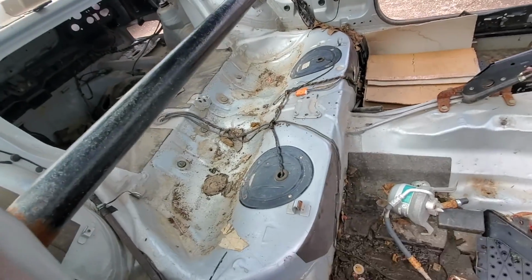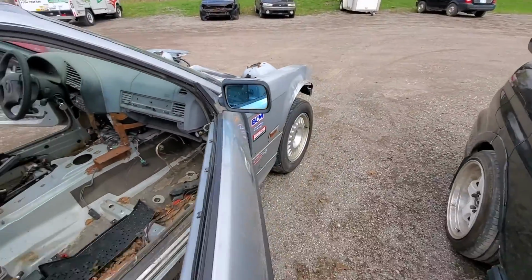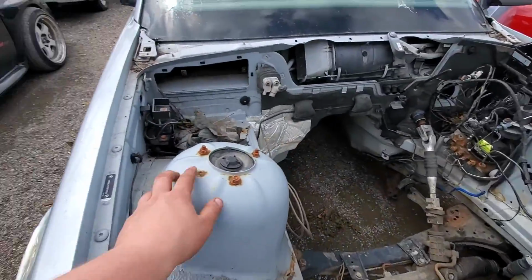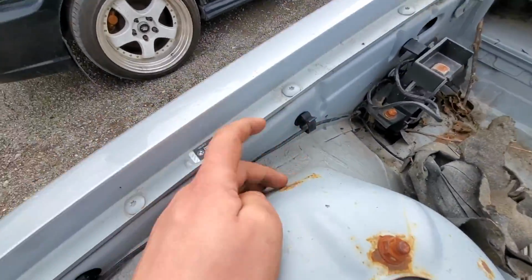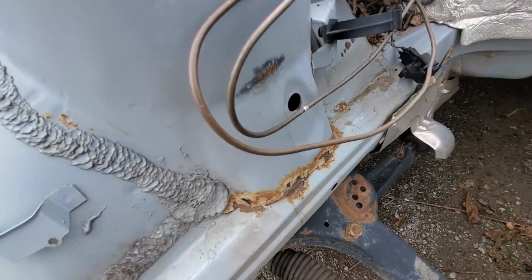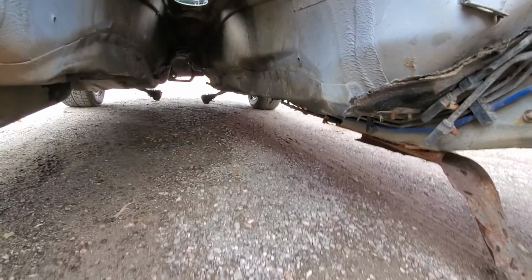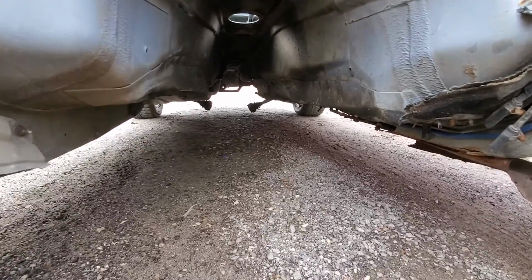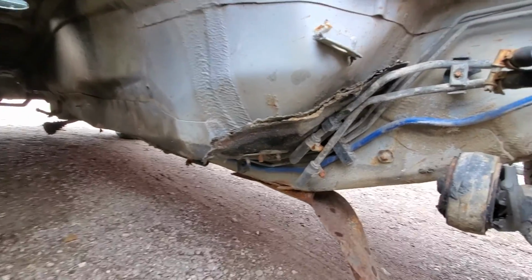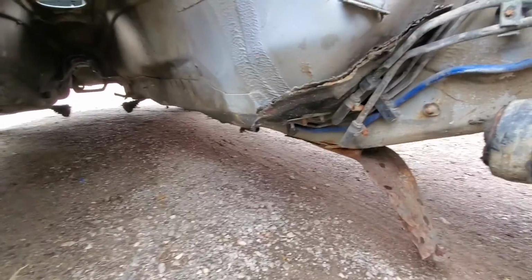Yeah. Rear seats, there's no real extreme amount of rust on the shock towers. The only rust there is, is surface rust there and there and here, which is not bad at all. See if you can see under here. Yeah, so it does need one or two maybe holes patched in the frame. The torque tubes on the side here, right around there, under there, need to be patched, and